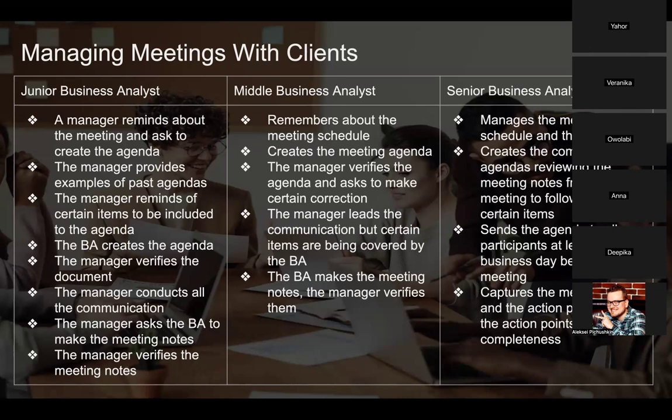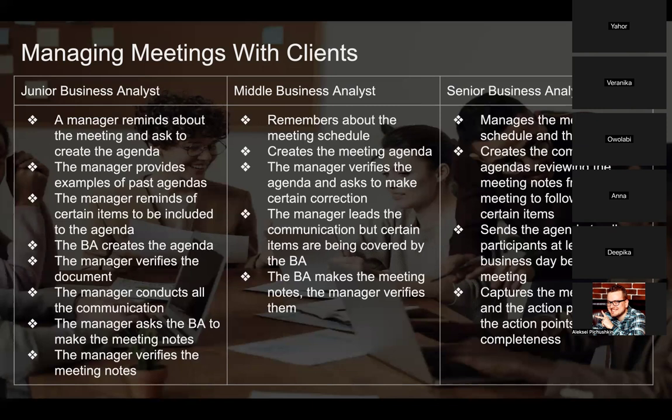or somebody else, right? So assume we have a new business analyst, and it is their task to conduct regular weekly meetings on the same day of the week and time with the stakeholders. So if it is a new person who is a junior right now in this position, they will probably need a reminder from their manager saying, hey, we have a call in 2 days with our stakeholders, please prepare the agenda, and the manager will have to provide a sample agenda or a template for preparing this agenda. The manager will have to remind that business analyst to prepare that agenda on time.